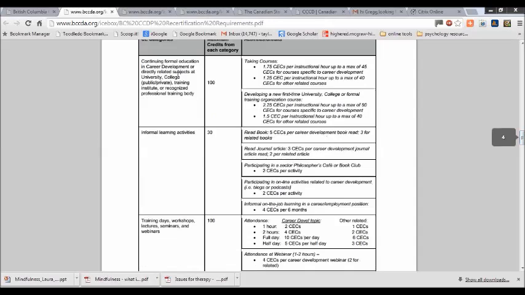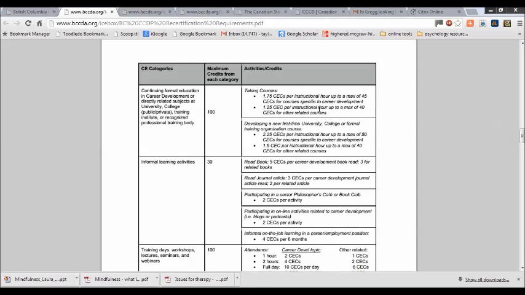The next section is formal education. So again, you can get up to your full credits in this area. If people are taking more advanced training or taking certificates, that can often happen where they get a lot of credits for a formalized program that they're involved in. So for taking courses, if this course is specific to career development, so it's actually one of the career development programs, either courses within UBC, SFU, or other colleges, if it's Life Strategies Online, if it's other organizations or training institutions, then that's 1.75 credit hours per instructional hour, up to a maximum of 45